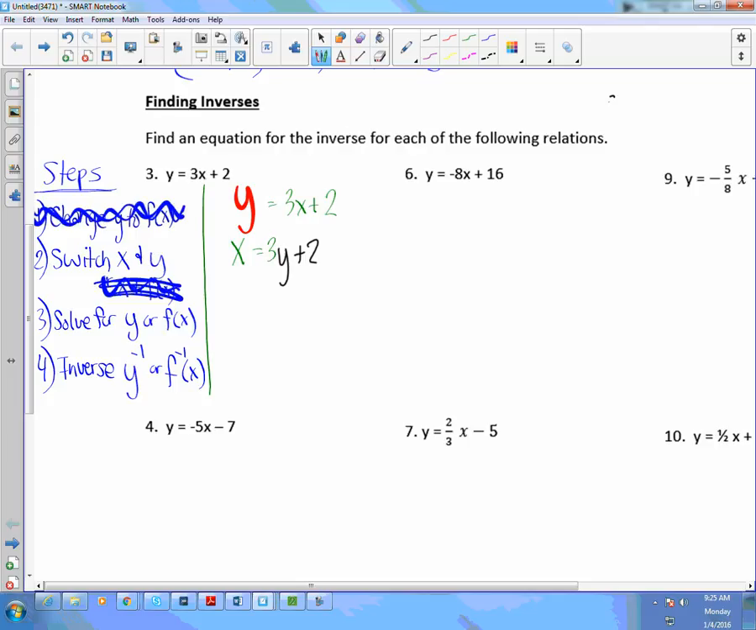And now we're going to solve for y. But y used to be on the left, now it's on the right-hand side. How do we get y by itself? Subtract 2. So we have x minus 2 equals 3y. Okay? So how do we get y by itself now? We need to divide the whole thing by 3. So we have y equals